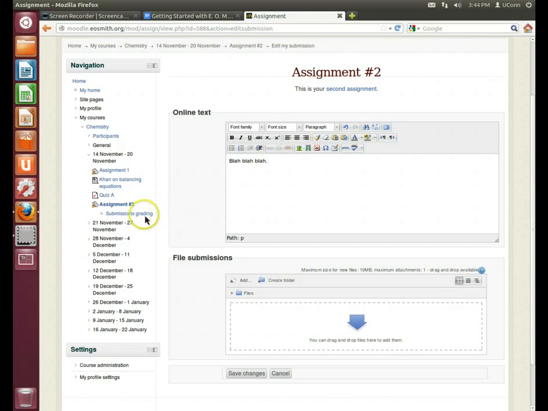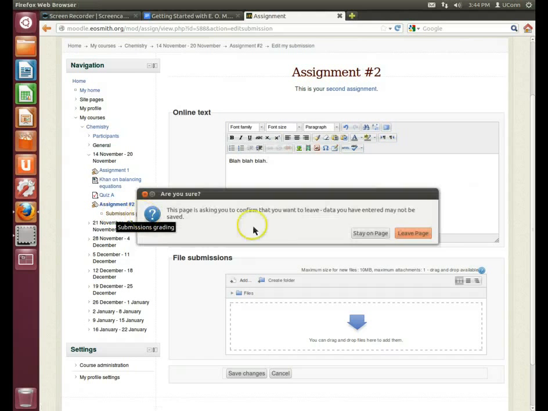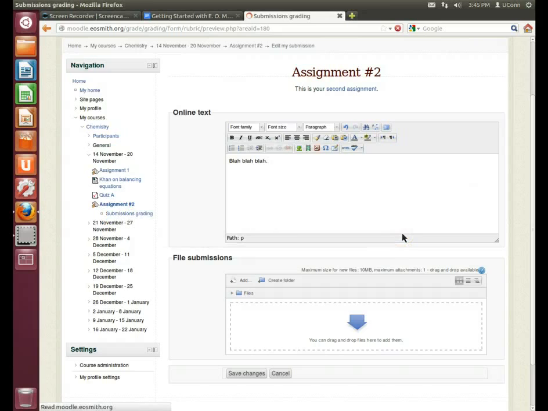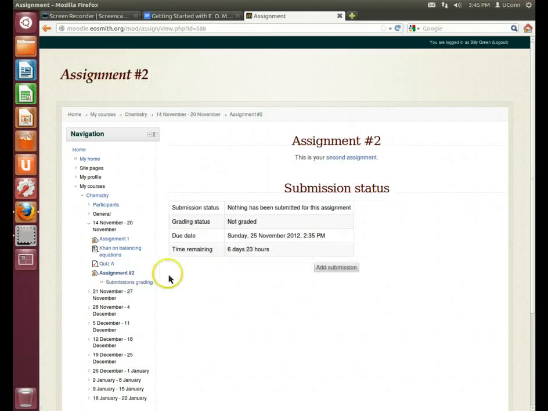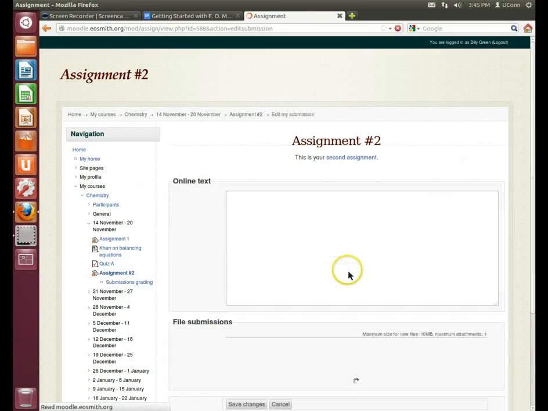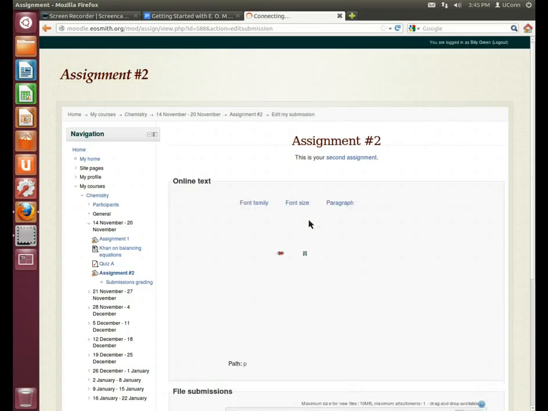But if I'm smart, I'm going to first check out the rubric. So I'm going to come over here under the assignment. It says submissions grading. I'm going to click on that as a student, and see, I can see the rubric. So I can look at the rubric before I do my assignment, and then I'm going to click on the assignment again, add a submission, and now